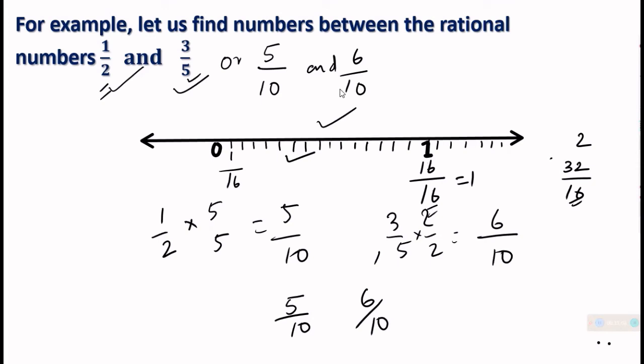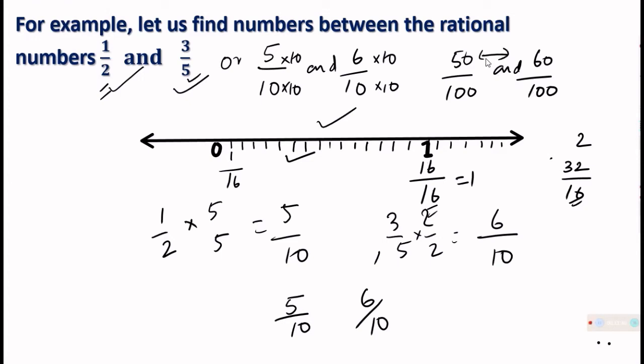This is also not possible. Then comes a technique. If I multiply this by 10 and this also by 10, the numbers will become 50 upon 100. Listen carefully. And 60 upon 100. This tells me that the number line has 100 divisions between 0 and 1. But the value is the same. Say 50 upon 100, 5 upon 10, or 1 upon 2, all have the same value, which you studied when learning about fractions. That means now we have